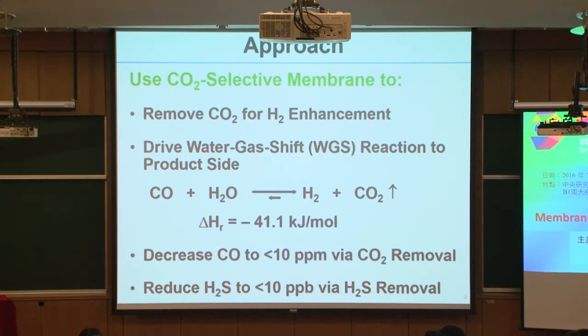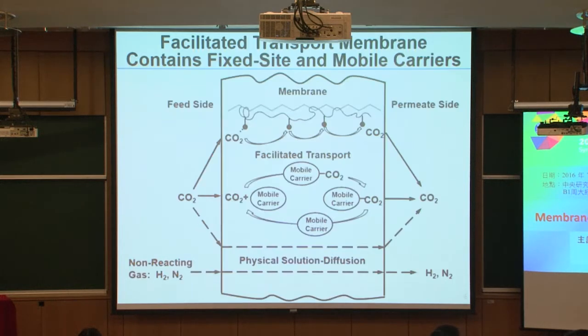So we hope that we can achieve carbon monoxide of less than 10 parts per million in the hydrogen product through the CO2 removal, and also reduce the hydrogen sulfide to less than 10 parts per billion through the hydrogen sulfide removal. Here, showing the membrane can contain both fixed site and mobile carrier, the carrier that allows CO2 to go across the